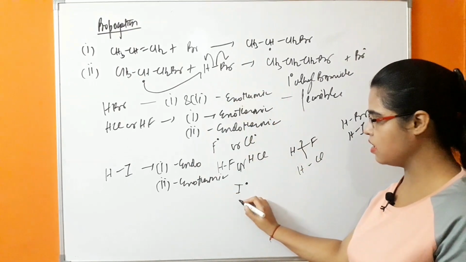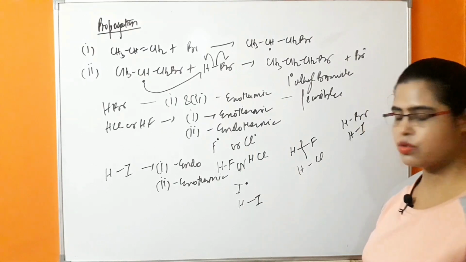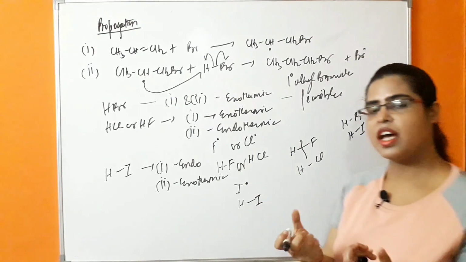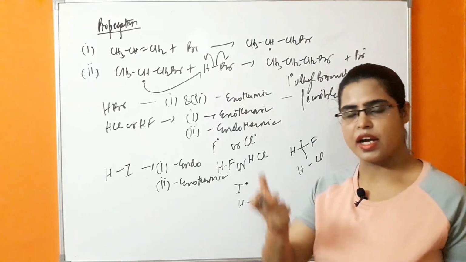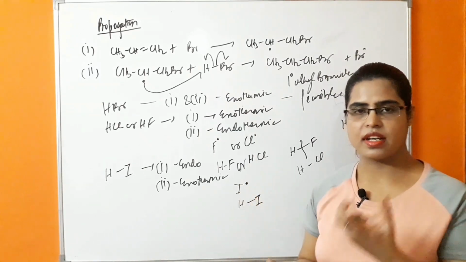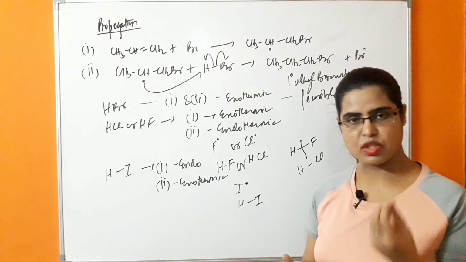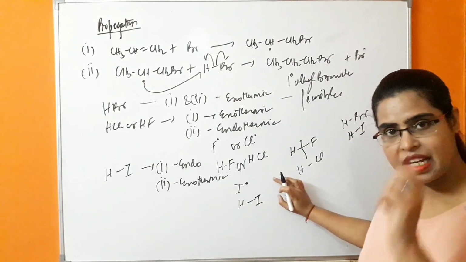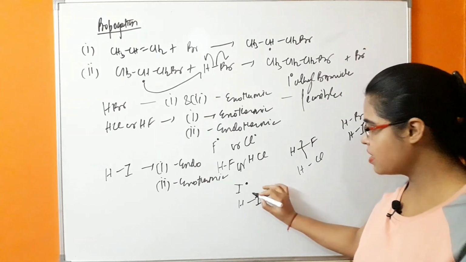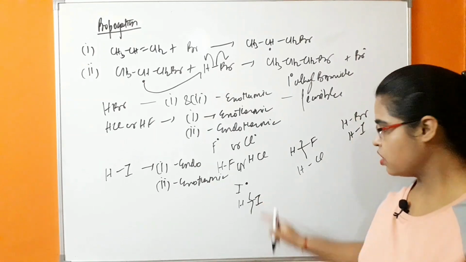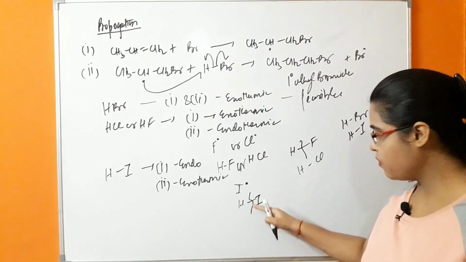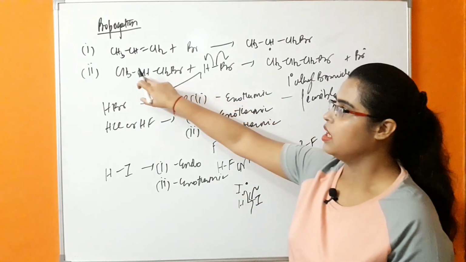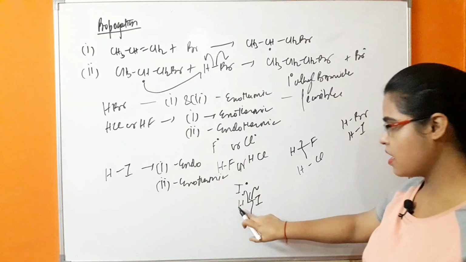Because in the second step HI is used, and you know that hydrogen and iodine have different atomic sizes. Iodine's atomic size is larger, whereas hydrogen's is smaller, due to which the compatibility of both atoms is very low and this bond is highly weak. So this bond will immediately undergo homolytic fission, and this free radical will immediately attack